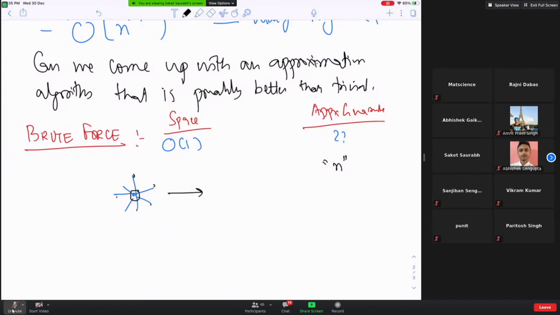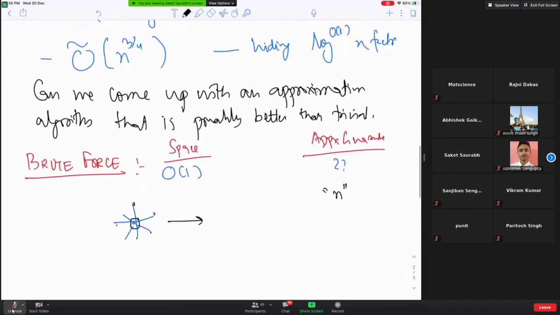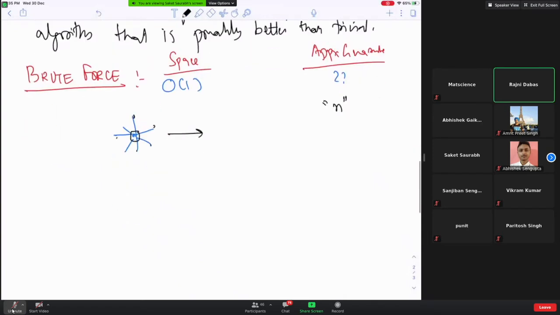Anything more non-trivial? And then we have here another extreme: if we allow n log n bits of space, then what can we achieve? Factor 2, right? Just take the maximal matching and output both endpoints, and that we know is a factor 2 approximation. So now we have to somehow interpolate between these two spaces and come up with something interesting and non-trivial.